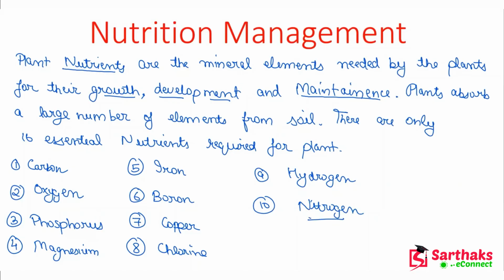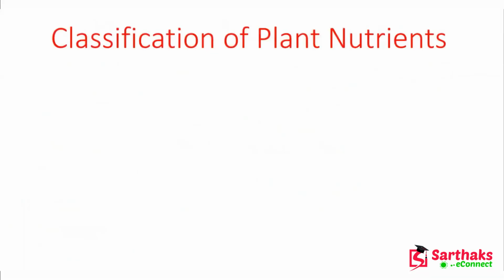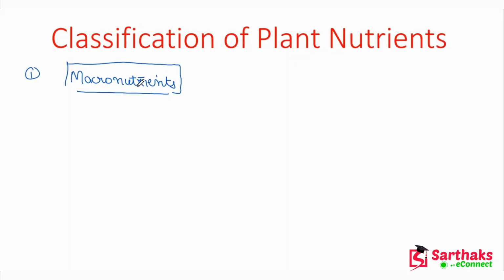Now, the next topic that we are going to study about is classification of the plant nutrients. The 16 elements are classified on the basis of quantities required. The first are macronutrients. Macronutrients are the nutrients that plants require in large quantities, and macronutrients are carbon,